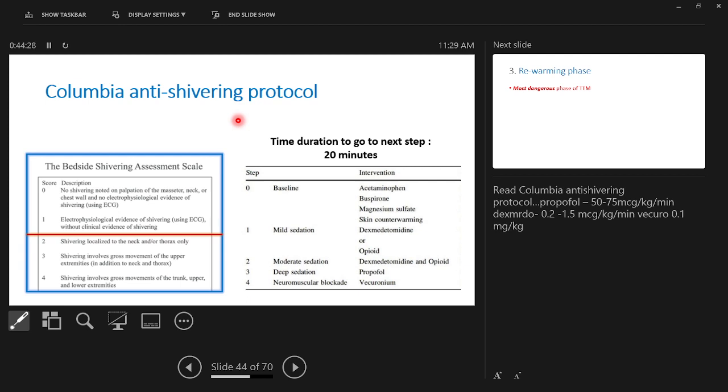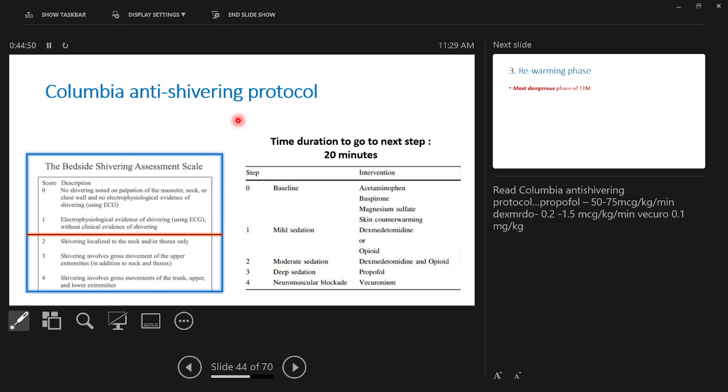The dose of propofol will be 50 to 70 microgram per kg per minute, and the dose of dexmedetomidine will be 0.2 to 1.5 microgram per kg per hour. Then if the shivering is not improved after that, we can start with propofol infusion. The infusion should be 50 to 75 microgram. And after that also, if the patient is not improving, then our last resort will be neuromuscular